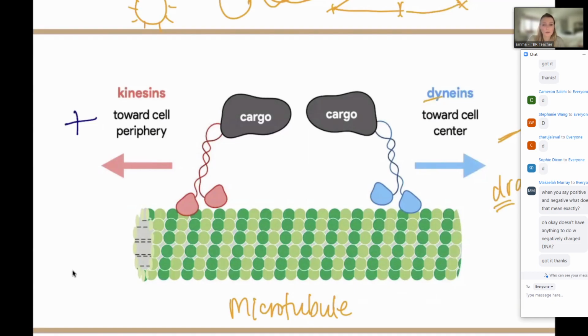If they say it was moving in the positive direction in a question, you just know it's moving to the outside of the cell. Maybe the question will be like, a kinesin is moving in the positive direction in a cell. What's the most likely event that's going to happen next? Endocytosis or exocytosis? Well, we know if it's moving towards the periphery, it's probably taking something out rather than something coming in. That's a really poor question, but something like that. So it's just directionally to help set the scene.